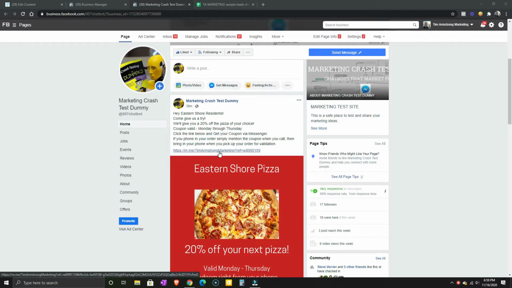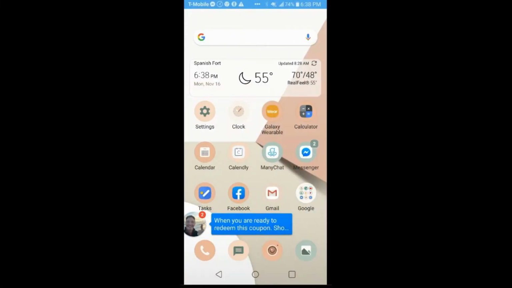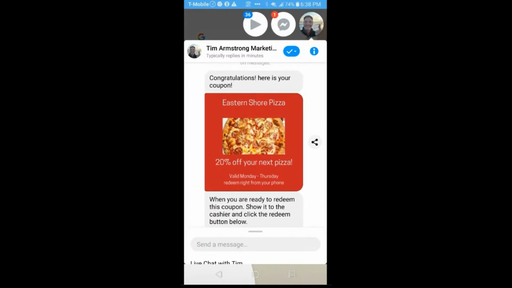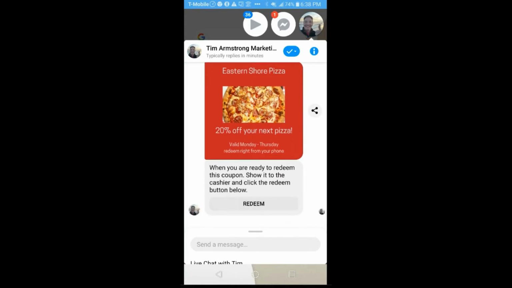So when people click the link, here's what happens. There we go. We click the link in the ad and it pops up on the phone. And it says, congratulations, here is your coupon. When you're ready to redeem this coupon, show it to the cashier and click the redeem button below. So when we click the redeem button,